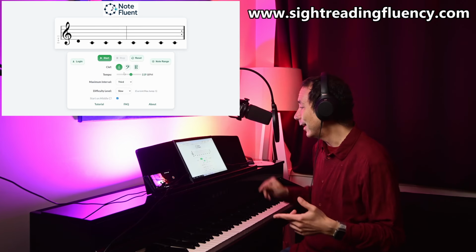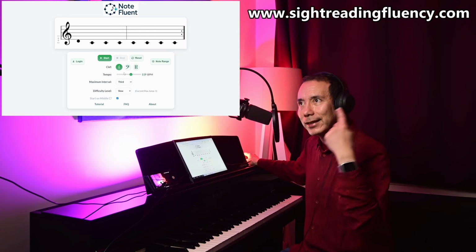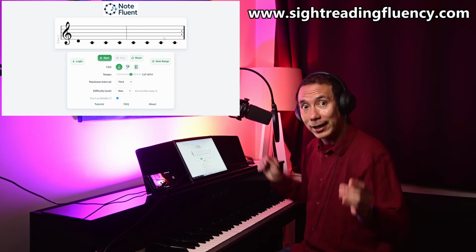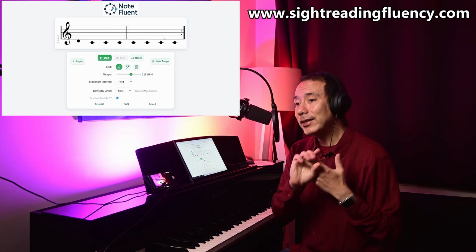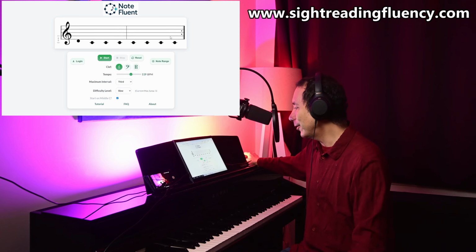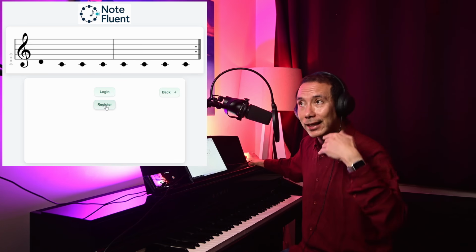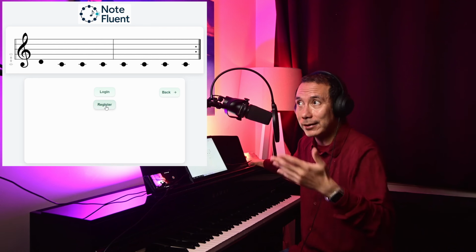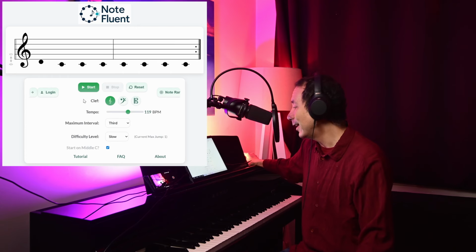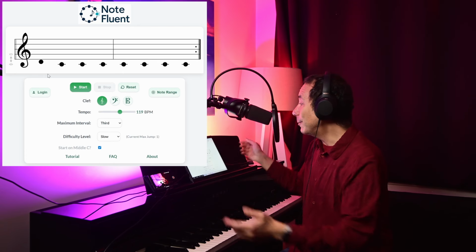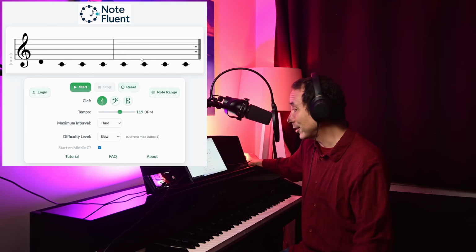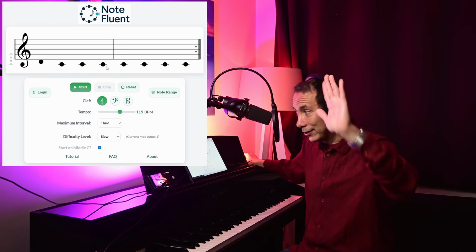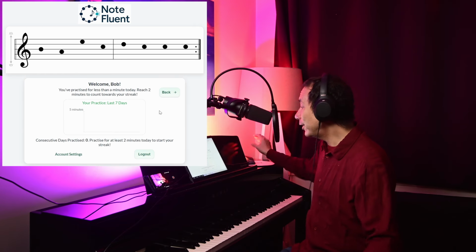One really important thing is that it's only going to give you a limited number of cycles round, which is 5. And that's not enough, but you can make a free account. If you go to login, you click on register, and then you just set up an account. You're going to need to verify your account with an email address. But once you've done that, it then gives you the ability to have as many cycles as you want. It's all free. You don't have to give any credit card info. And so then once you log in,